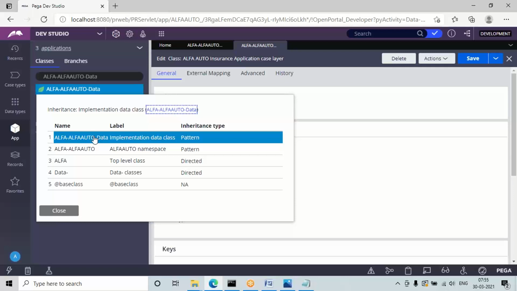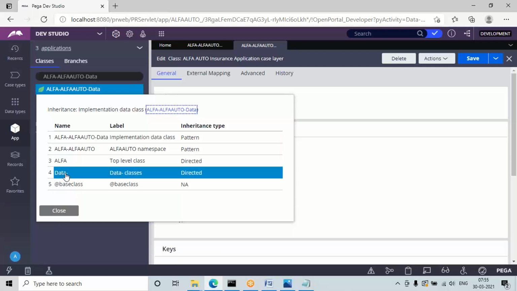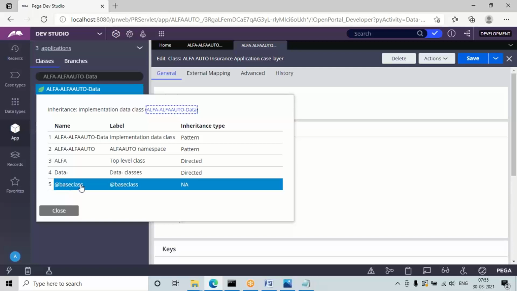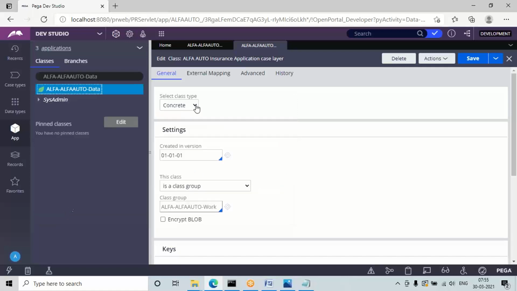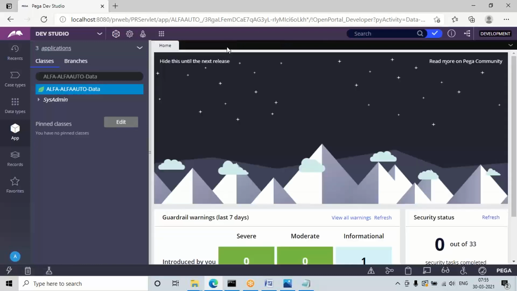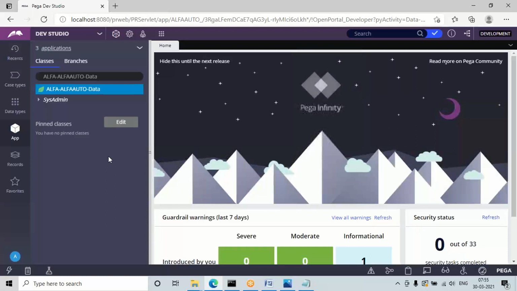So this is the data layer. For this the parent is division, for division the parent is organization, for this the parent is Data-, and for this the parent is @baseclass. One thing here: if you observe any class, the super class will be @baseclass. Under that some subclasses will be there like Data-, Work-, Int-, and under that you will have these user-defined classes. Okay, that is a defined structure, everything is defined here. You can't modify or change the design pattern or design structure. The only thing is, based on your requirement, we are going to reuse all the available functionalities and do the development.